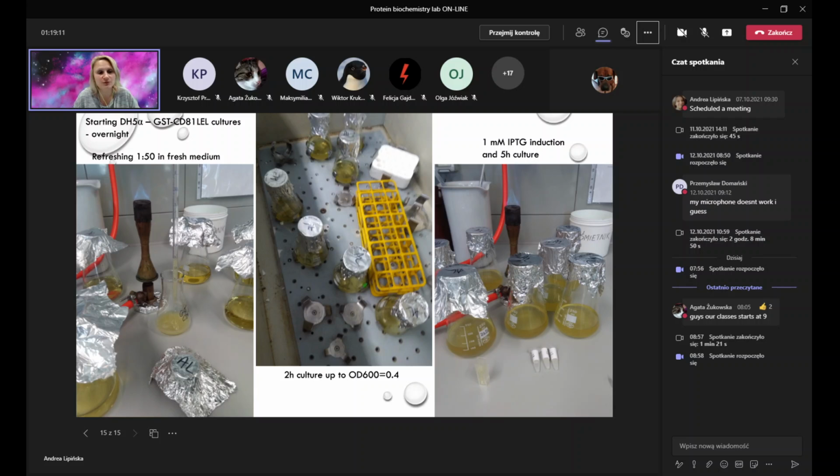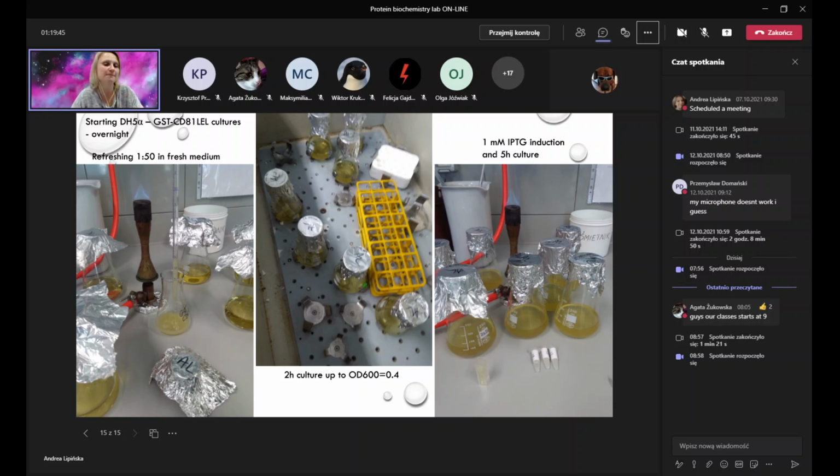So if you want to be really up to the book, you refresh it at a 1 to 100 volume ratio, and we can use 1 to 50 if we are in a hurry, like I did for you. And we just start it in fresh flasks with fresh medium. And then you put it in a shaker bath, either a dry bath like we have here, so just an incubator which is shaking the bacterial cultures, or there is a wet bath, so it's filled with water and keeps 37 degrees,